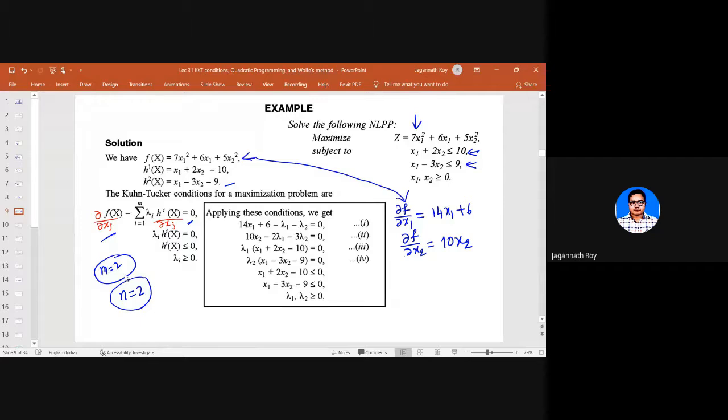Also we have to find out h1, h2, x. So del h1 del x1, so this is 1, and then del h2 del x2. So this is again 1, so this is again 2. So if you try to find out, this equation is actually